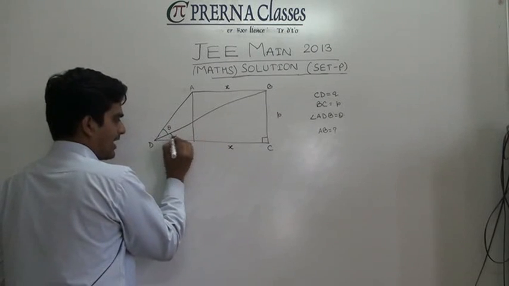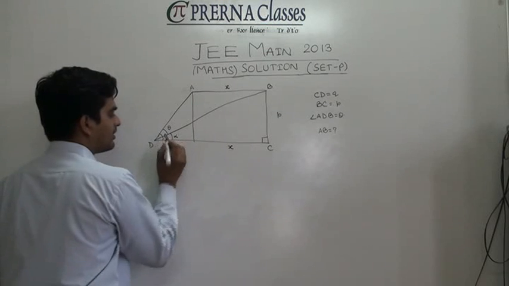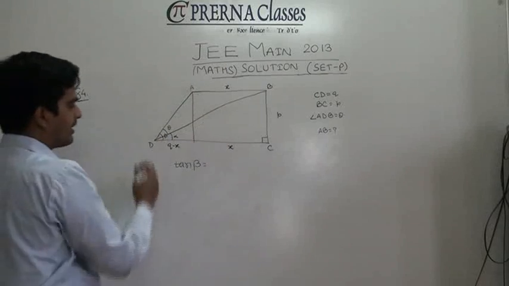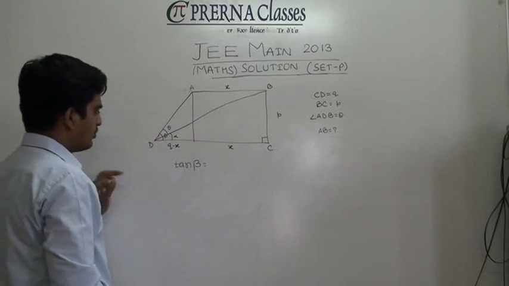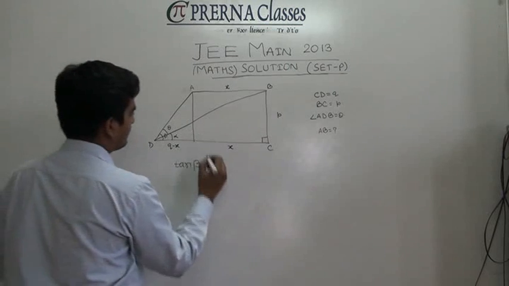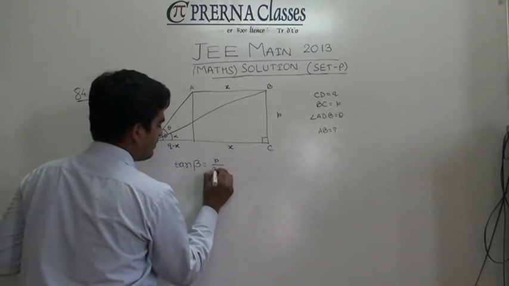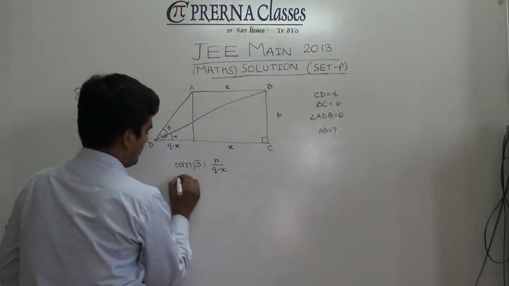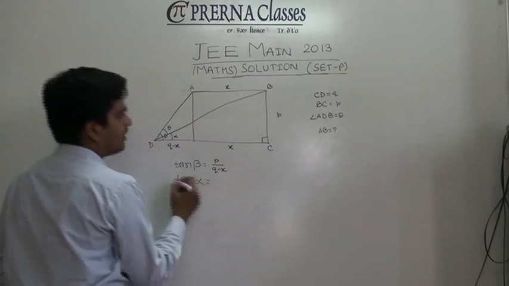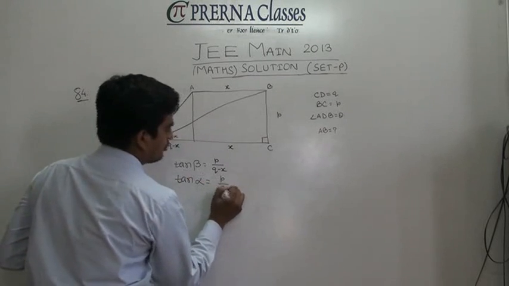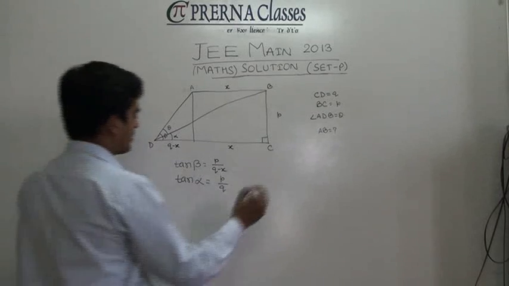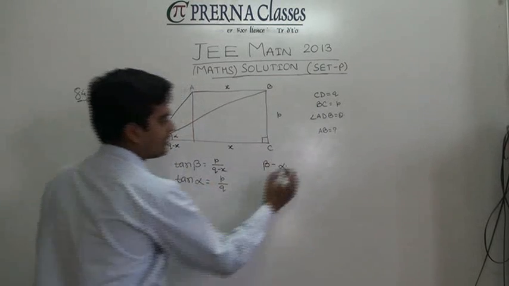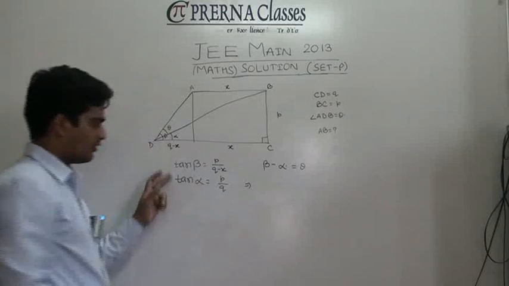Suppose I am assuming that this particular angle is alpha and this complete angle is beta, and I am looking at tan of beta in this right angle triangle. In the smaller one, tan of beta is going to be P by Q minus x, and in this right angle triangle, that is DBC, tan of alpha is going to be P by Q. We know this fact that beta minus alpha is going to be equal to theta,